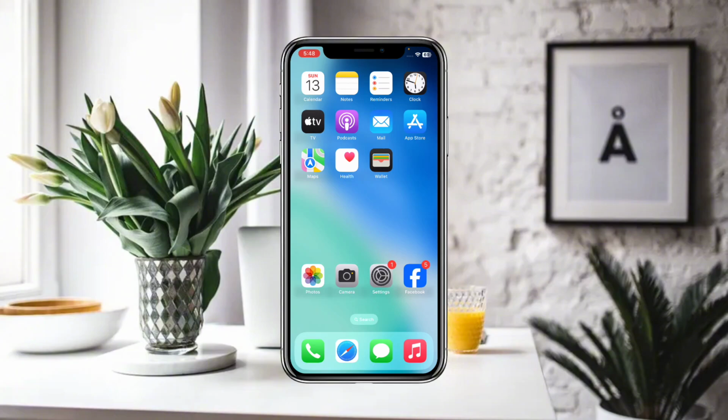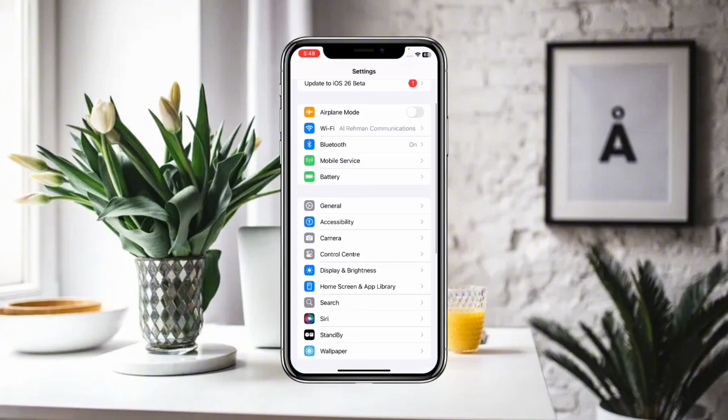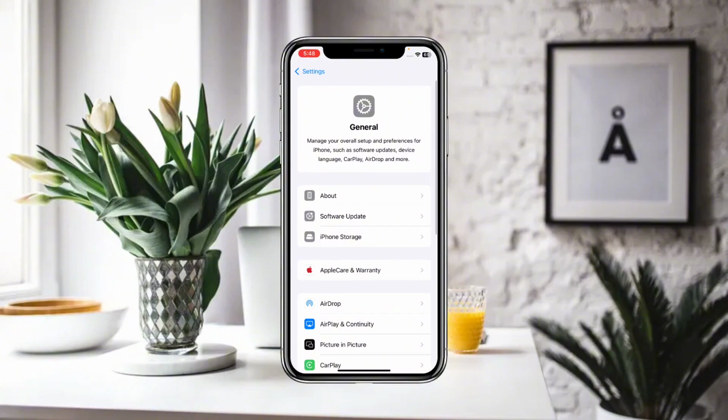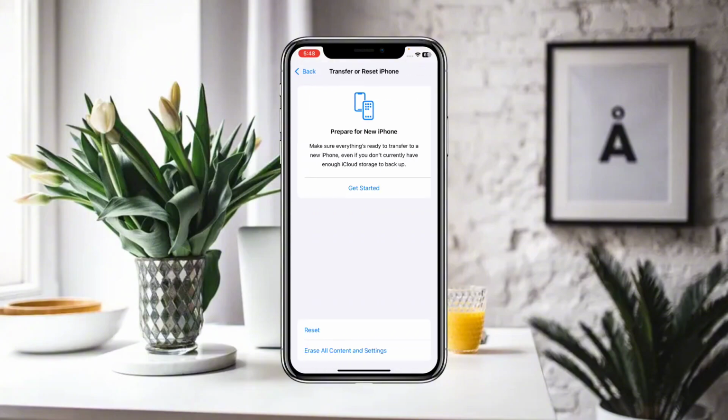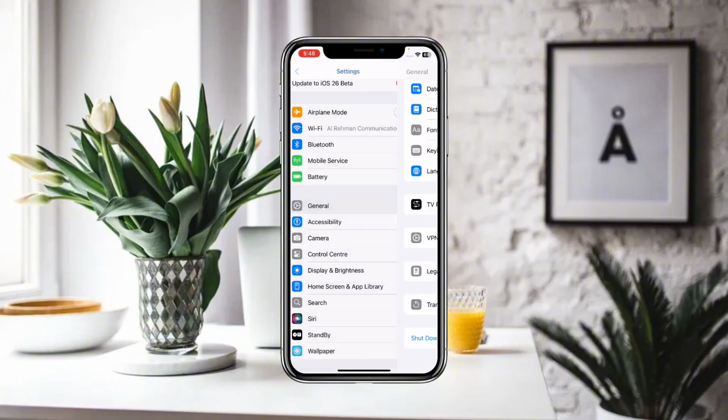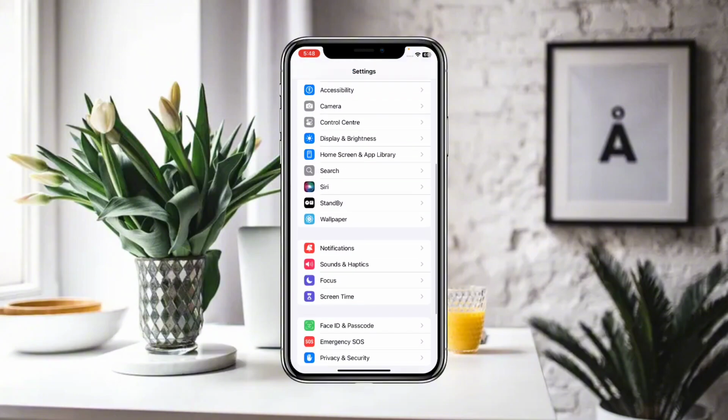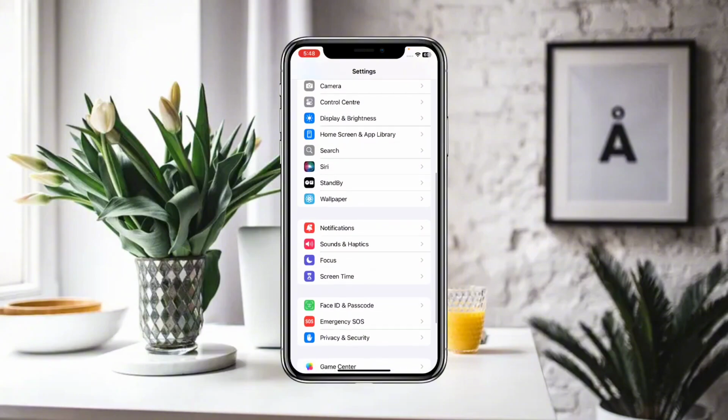So first of all, you have to make sure that you are connected to a proper Wi-Fi and internet connection. After that, you simply click on Settings, then go to General, scroll down, and click on Transfer or Reset iPhone. Here you click on Reset, and you reset all of your network settings. And after that, you simply go back,